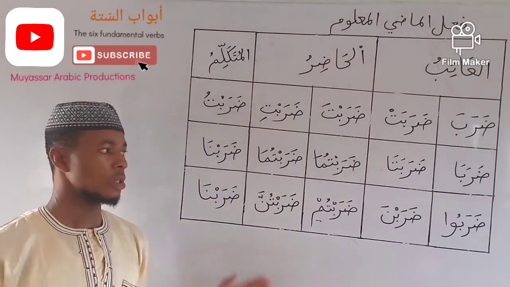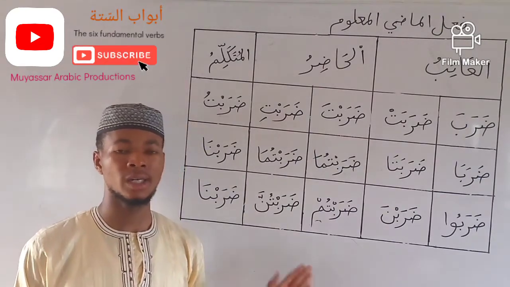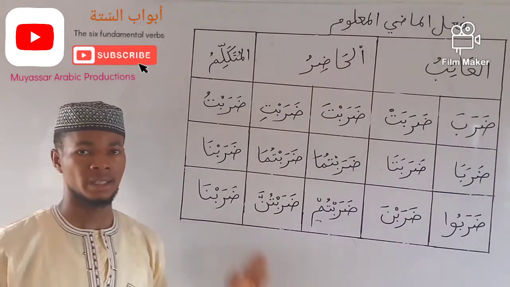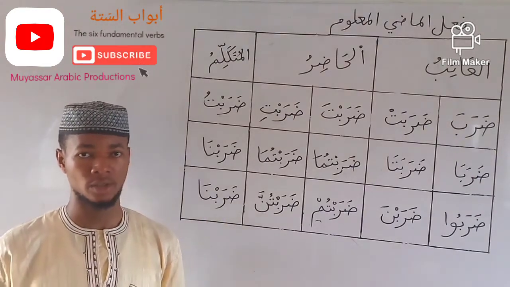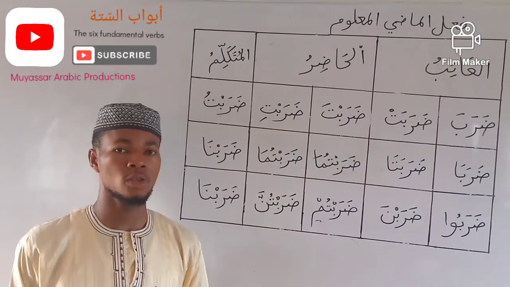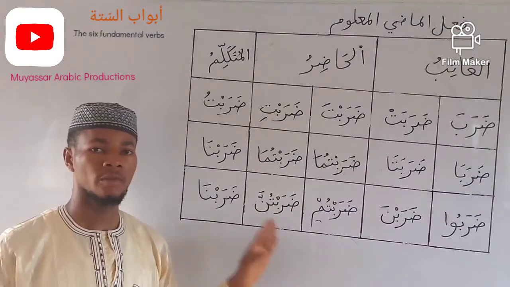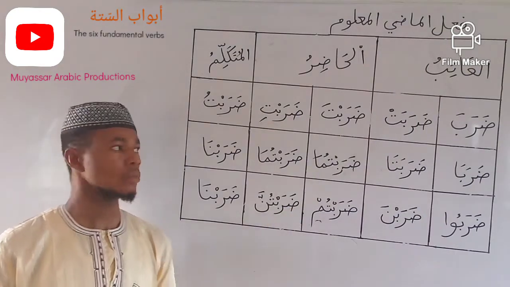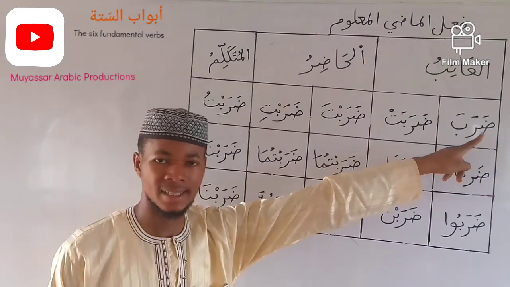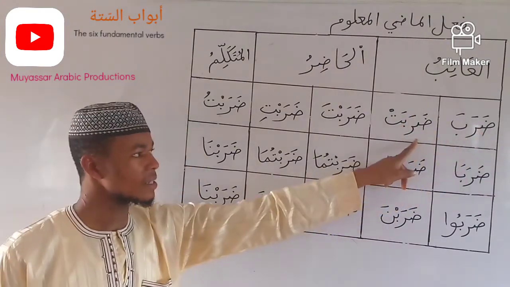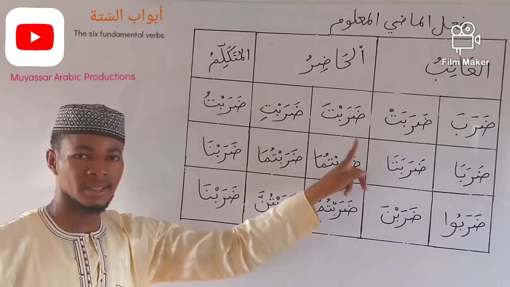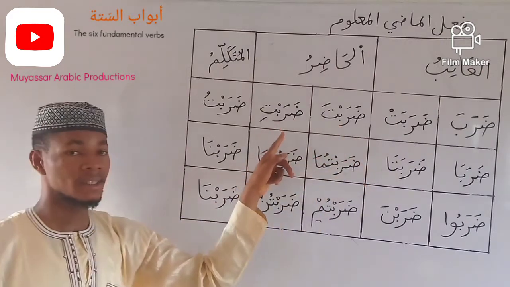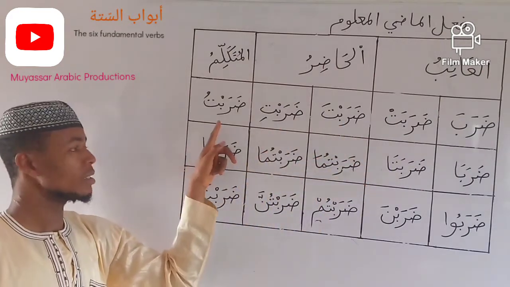Now let's do the same thing with another verb under the same fundamental pattern, which is jalasa. So the verb jalasa is also falling under the same fundamental verb with daraba. So here you say jalasa, meaning he sat, jalasat, she sat, jalasta, you sat, jalasti, you sat, female, then jalastu,